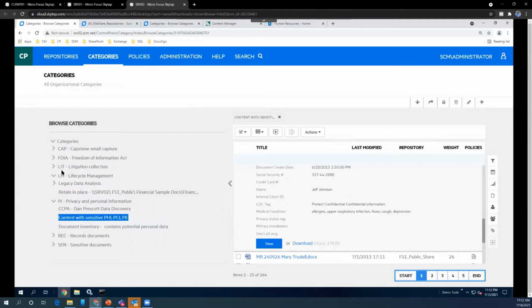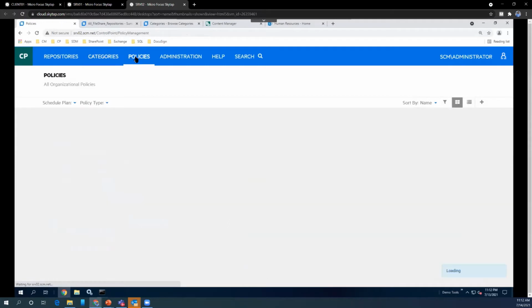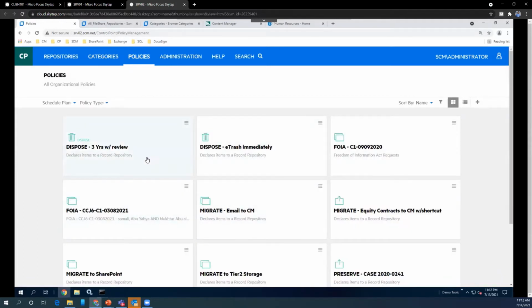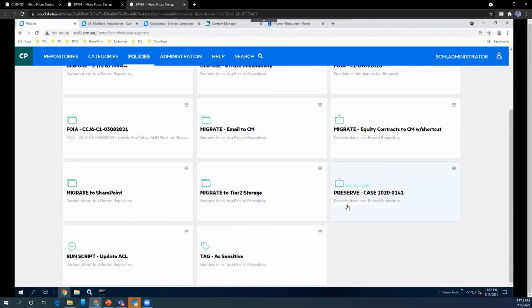Once we have identified and put this into a proper structure, we can see what policies we need to apply to this data. What data do I need to dispose? What data do I need to move to Content Manager? What data do I need to preserve? What data do I need to tag as sensitive?